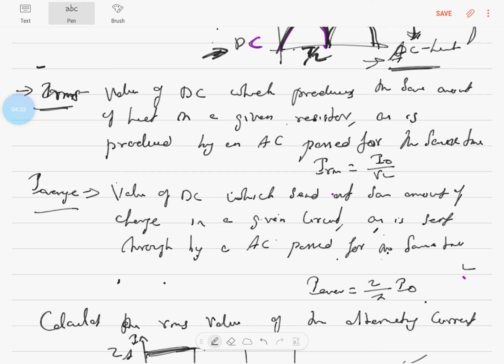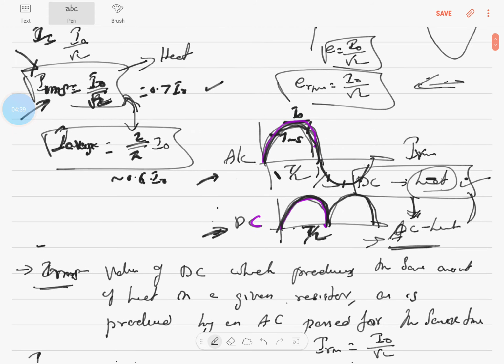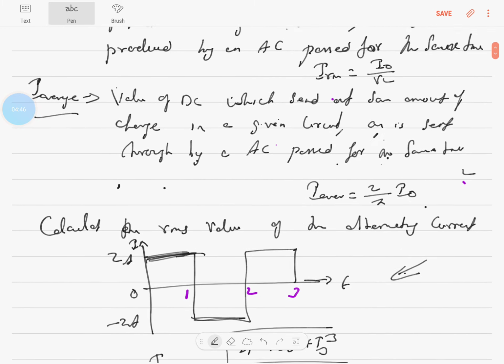So we'll have to have some understanding between us. When I deal with RMS, we deal with RMS. When I deal with peak value, which is I0, I deal with peak value. And the relationship between IRMS and I average with I0 is already known. Okay, so let's look at this